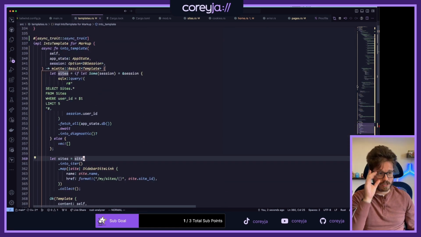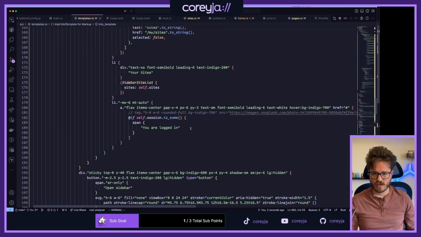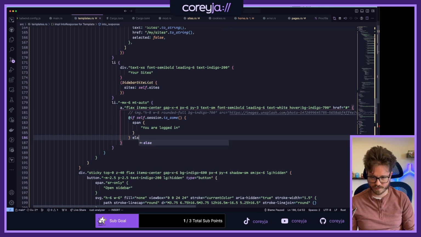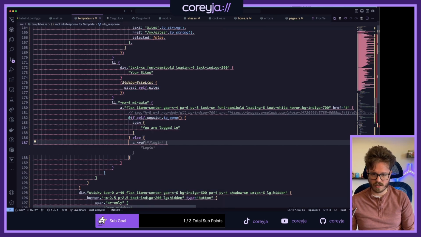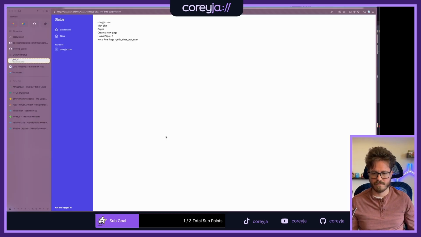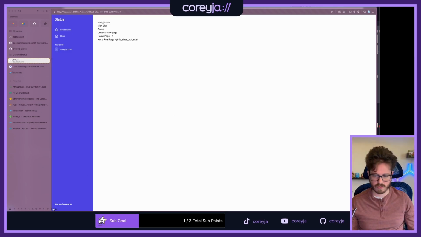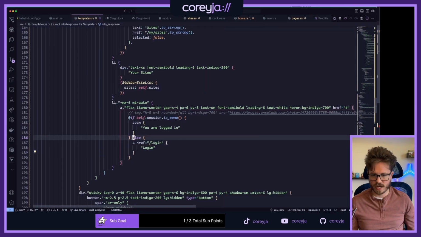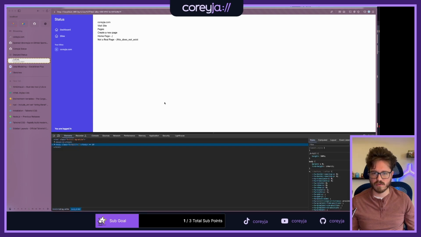Okay, so now we still have our session in there, which means that when I go to render this little thing, we know whether you're logged in or not. Href, login, login. Yeah. So right now, it should say, ooh, it says both. What's going on? I always forget these. You gotta add the at signs to the if and the else for Maud so that it actually recognizes them. There we go. Now we get you are logged in, and if I log myself out by going to